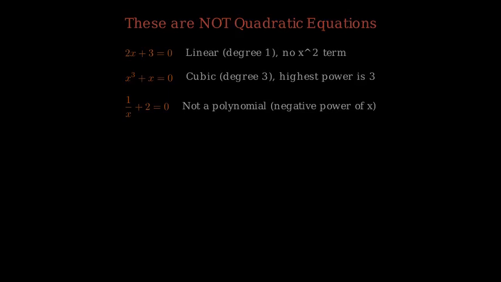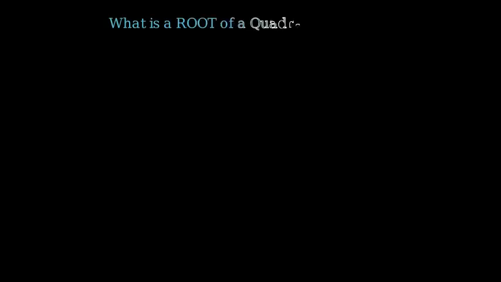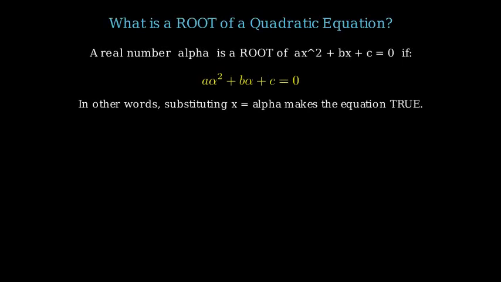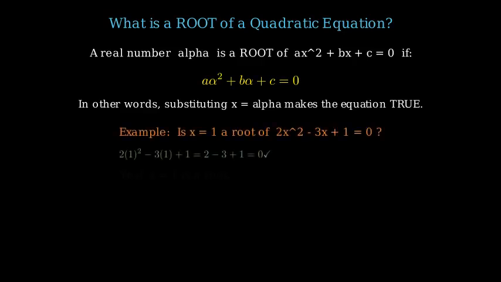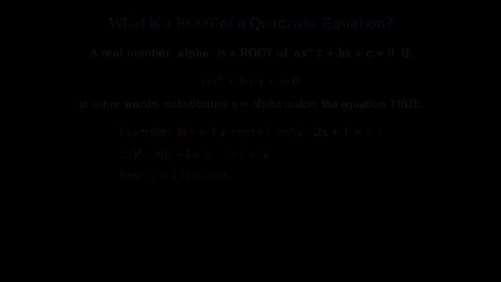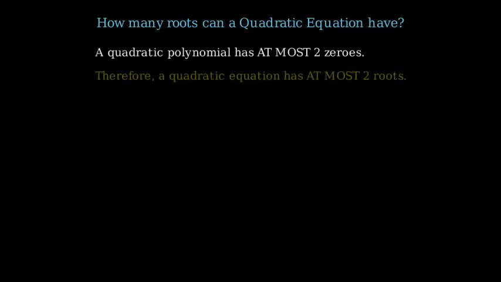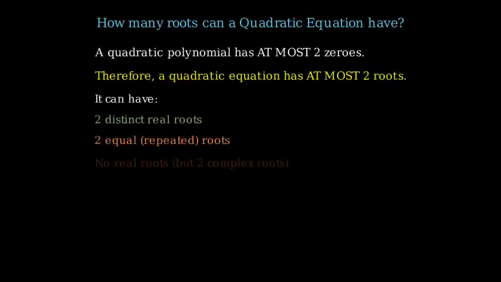Now, what is a root? A real number alpha is a root of ax squared plus bx plus c equals 0 if substituting x equals alpha satisfies the equation, giving 0. For example, x equals 1 is a root of 2x squared minus 3x plus 1 equals 0 because 2 times 1 minus 3 plus 1 equals 0. Verified. A quadratic equation can have at most two roots, either two distinct real roots, two equal roots, or no